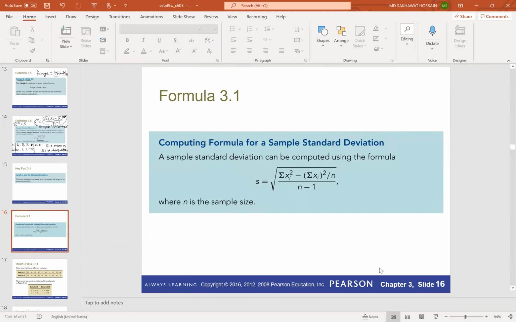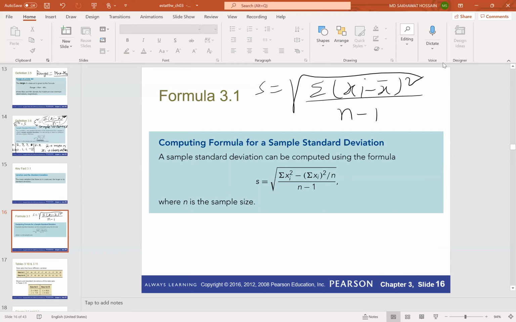It also comes from the previous formula. The previous formula was s equals the square root of 1 over n minus 1 times the summation of xi minus x bar, squared. And the new formula is called the computational formula for standard deviation,